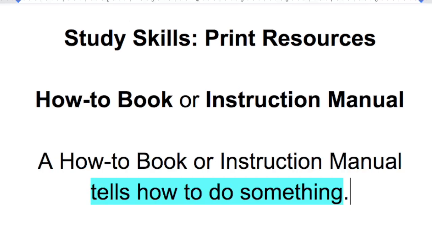And our last print resource is a how-to book or instruction manual, which tell us how to do something. And like I said, all of these, thesaurus, dictionary, encyclopedia, almanac, Reader's Guide to Periodical Literature, and how-to books or instruction manuals, while we don't actually look those up in print resources as much, which means like a book or the actual magazine or an actual newspaper,